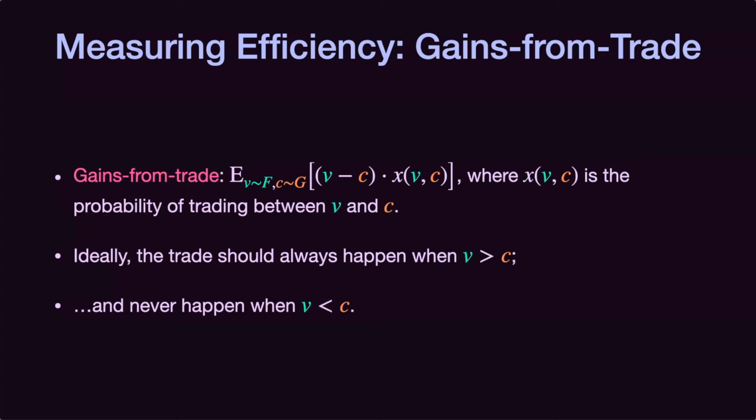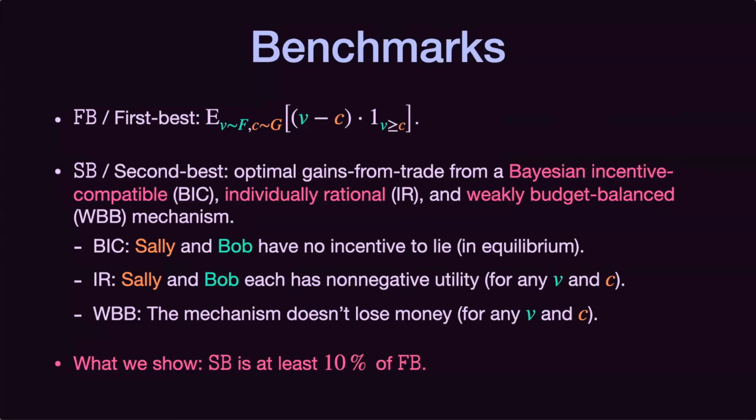In order to maximize this expected gains from trade, ideally, the trade should always happen when V is greater than C and should never happen when V is less than C. And that gives us the benchmark called the first best, which is simply the expectation of the positive part of V minus C. We can also define a quantity called the second best, which is the optimal gains from trade